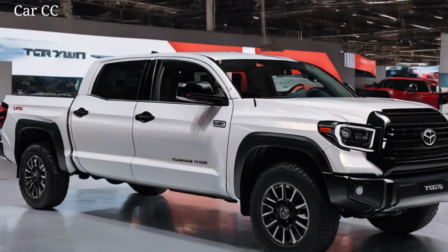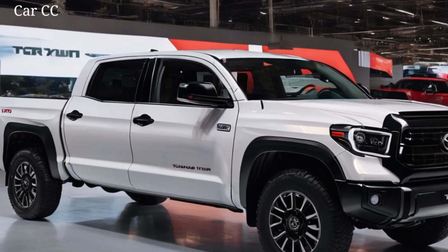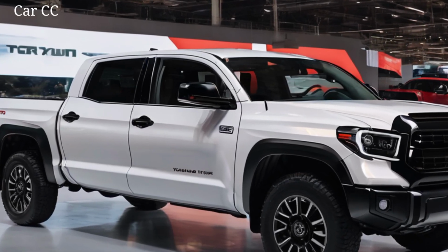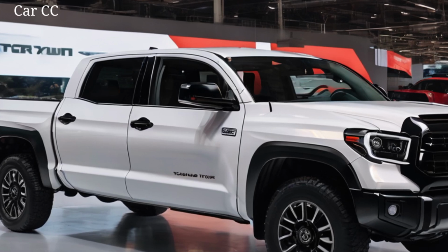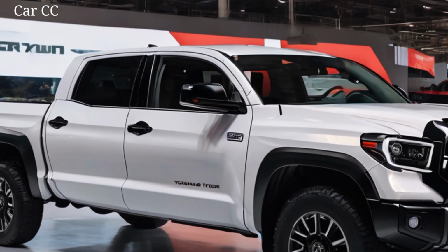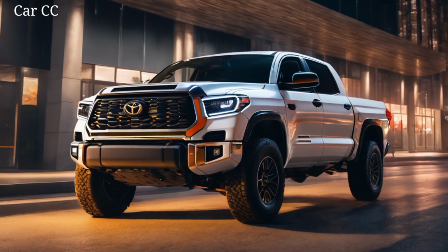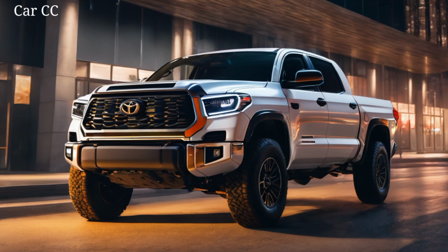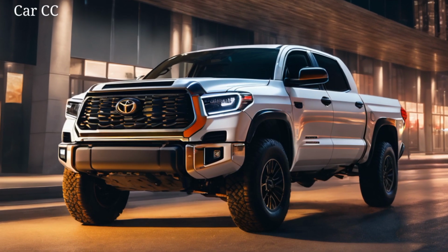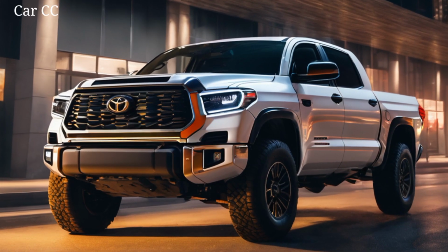But the Tundra isn't just about looking good. Every design element serves a purpose. The longer wheelbase and wider track improve stability and handling, while the high ground clearance lets you tackle any terrain with confidence. And those chunky fender flares and prominent skid plates? Not just for show, they say, bring on the rocks and mud. I'm ready. The Tundra is a chameleon, blending in with the city lights as effortlessly as it dominates off-road landscapes,